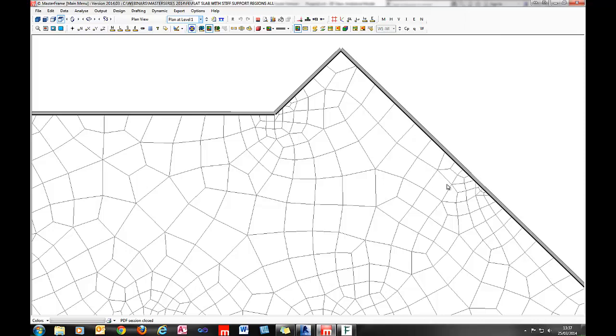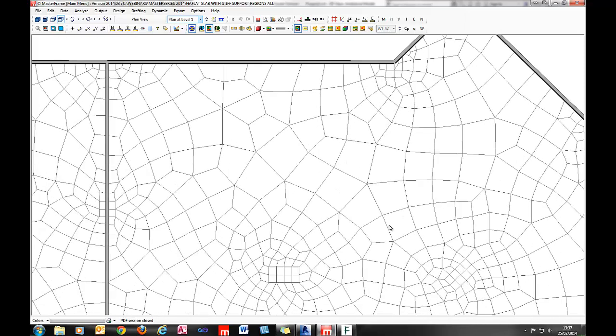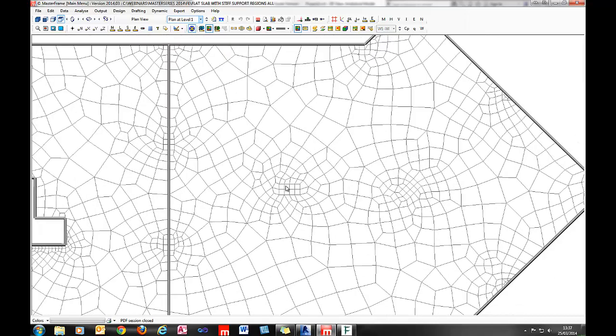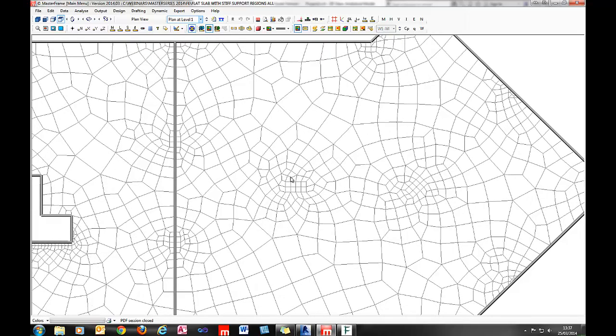So you can kind of see that around here and also around here. And what it does in those zones is it models a stiff zone. Those elements are modeled as a set of stiff elements rather than just using your usual slab thickness. They're augmented stiffnesses such that you do get a stiff zone of the slab around that. That gives you 2 distinct advantages, and one is that obviously you're getting greater accuracy